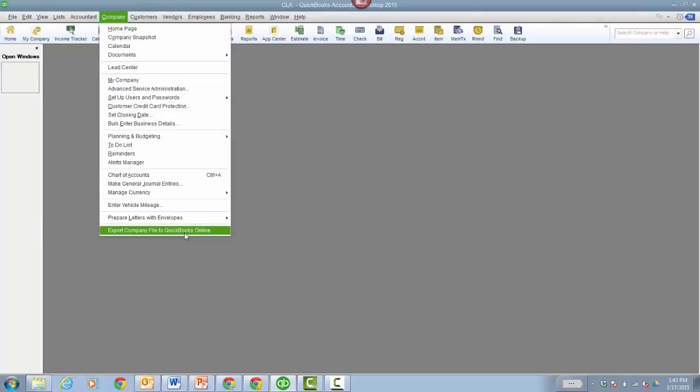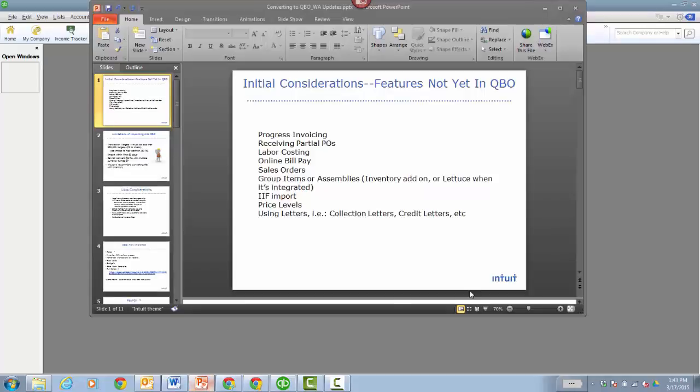That is that simple. But there's some things to consider in the Pro or Premier or even Enterprise file, and there is a way to convert Enterprise as long as ActiveX is supported. You do it through Internet Explorer 11. You can find a video on that on my product video site, QuickBooksProductVideos.homestead.com. So I have a PowerPoint I just wanted to run through first, and then we'll go through an actual